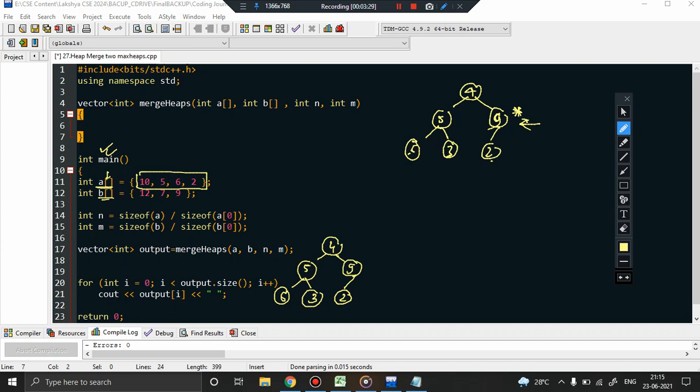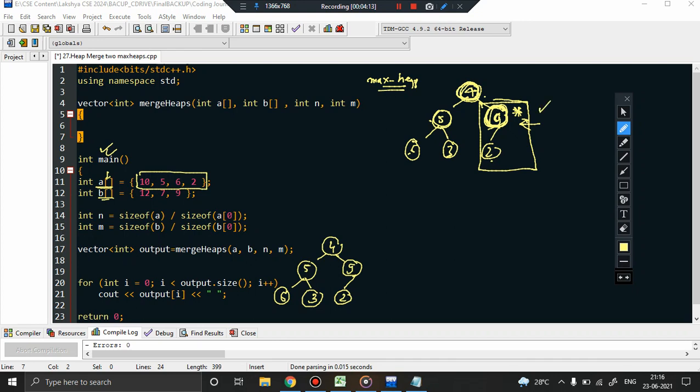Now from the last non-leaf node, we will keep on visiting all the nodes till we reach the root node. In every iteration we will visit one node at a time, from here, then here, then here. The first time, at the last non-leaf node, I will consider this subtree and perform the heapify operation. What will the heapify operation do? Since I am going to construct a max heap, heapify will check whether the max heap property is satisfied or not. If it is not satisfied, it will try to satisfy it. For example, here the root is 9, the child is 2, so no problem, the max heap property is satisfied by this particular subtree, so everything is fine here.